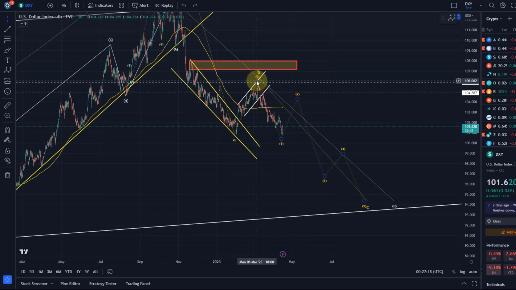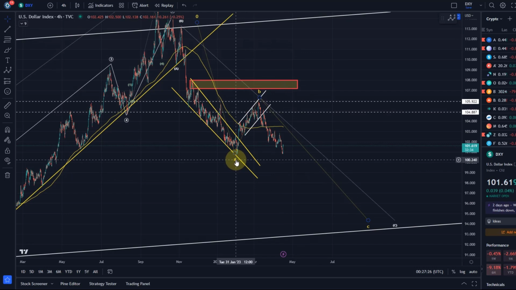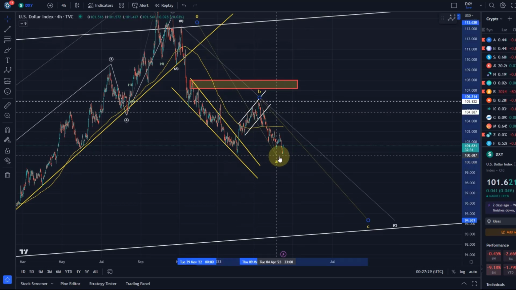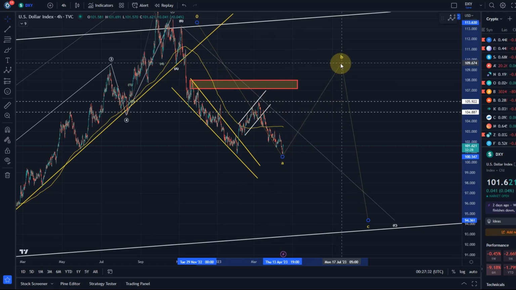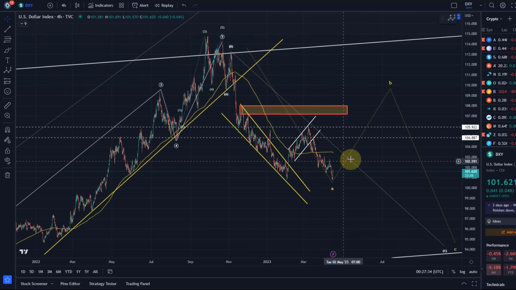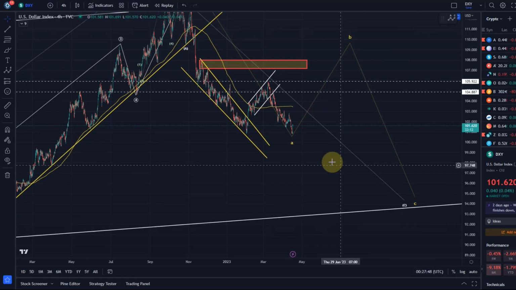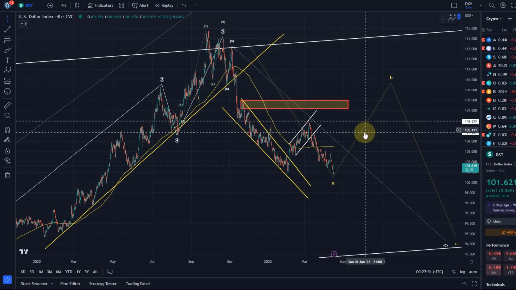Okay, what's the other possibility, which I'm actually in favor of? The other possibility, and I will delete this one, is that in this A wave, we actually have an extension, and that the B wave has never even started yet. And again, that would probably become my favorite count above $105. I think at the moment it is a bit uncertain. If we break above $105, because we are now in a downtrend, we could give primary to the direct sell-off scenario. But if we get close to $105 and break above it, I think this scenario has to gain primary status.